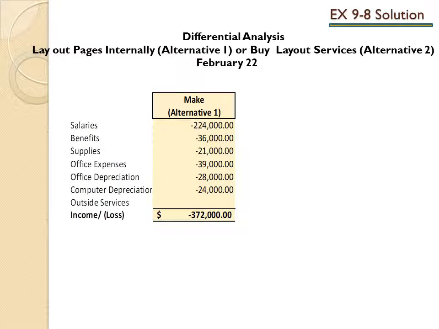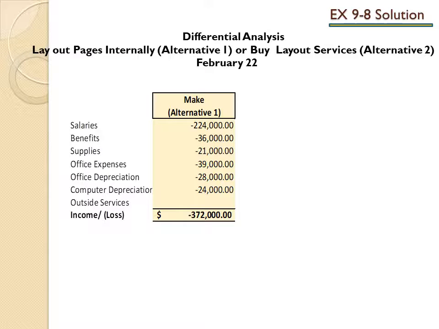So if we were to choose alternative 1, or to make the pages internally, we will incur the same cost: salaries of $224,000, benefits $36,000, supplies $21,000, office expenses $39,000, office depreciation $28,000, computer depreciation of $24,000, with a total loss or cost of